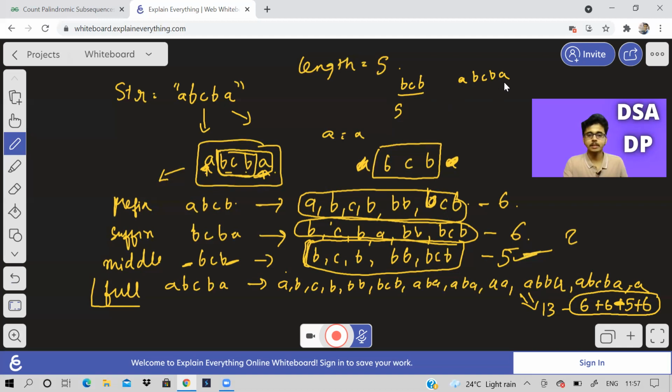Now in ABCBA, what is happening? This A and A are going to be attached. Now you tell me one thing, how many different palindromes will we get? We will get only one different palindrome which is not present here, and that will be ABCBA. So only one we essentially get, if we put both of these two. So we are getting all these palindromes when we are considering this case also. So what will be the answer now?